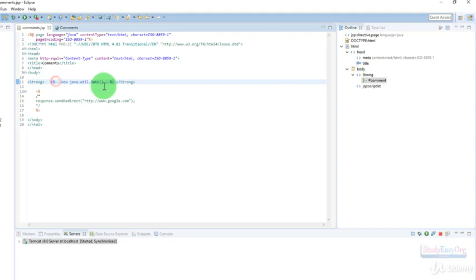Now we can't do this. For example, this will not work. The only comment is JSP tag, 2 hyphens, then again 2 hyphens, then JSP tag. So this is all about